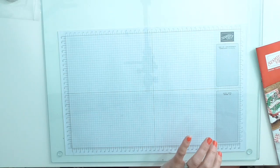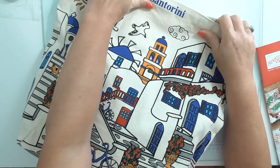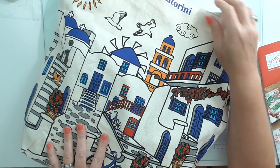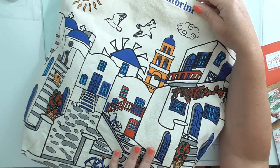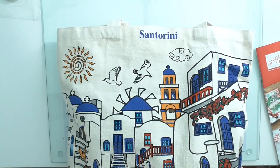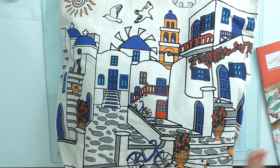So much stuff. It's untrue. They really do spoil us. The key thing that we get, you see, is product. As leaders, then we can share them with our team, we can share them with customers, and help promote our fantastic company. So another day, the day that we were in Santorini, we got this lovely bag